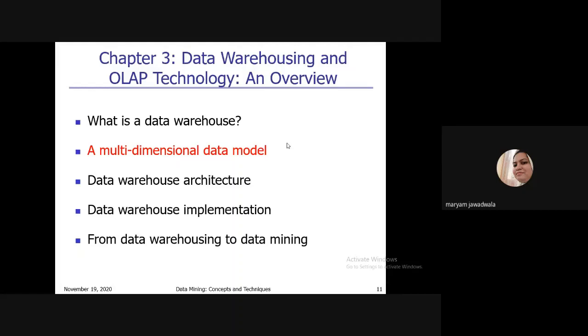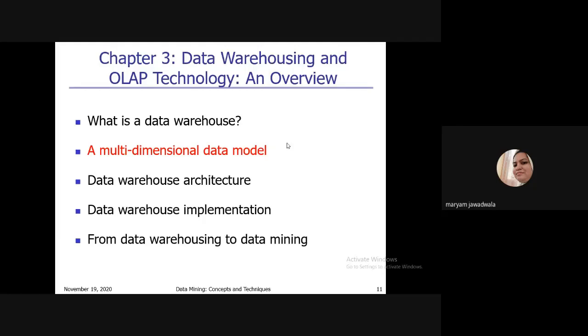So multi-dimensional means what? Multi-dimensional means more than two-dimensional, student. If you remember the relational data model, how can we represent it? The relational data model is nothing but the representation of your ER and EER model in a computer, or I can say the tabular representation of data.